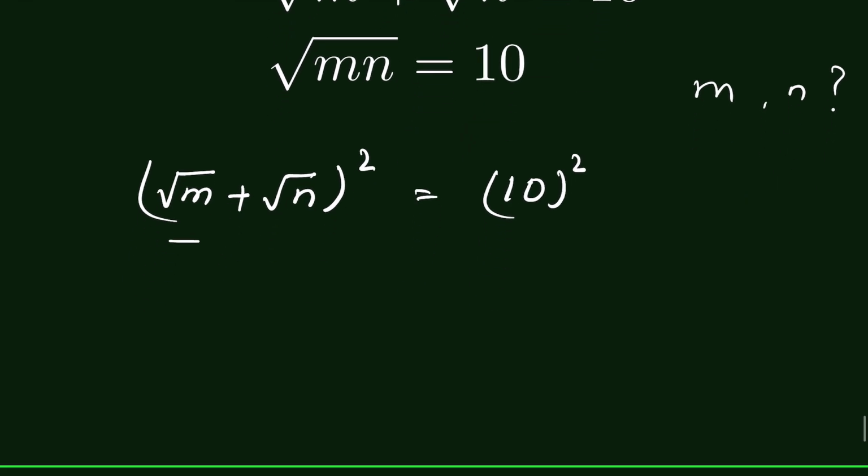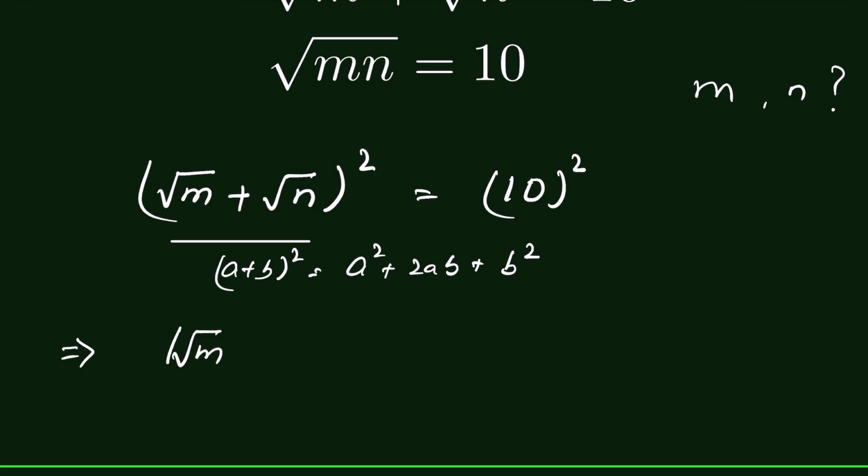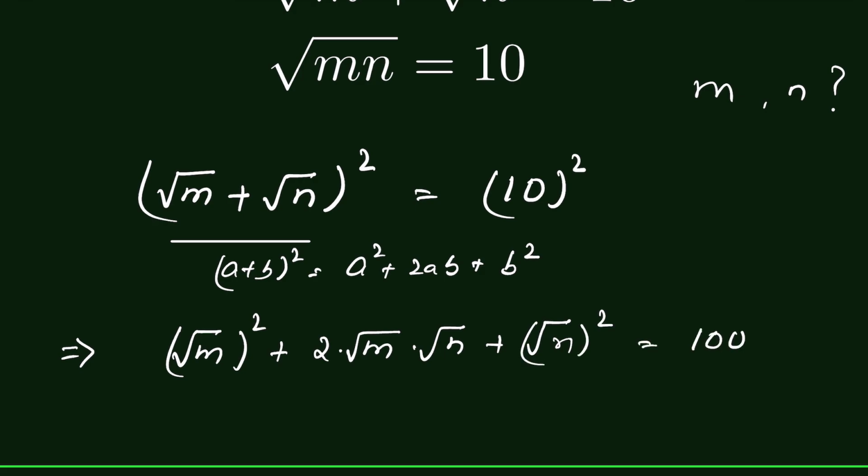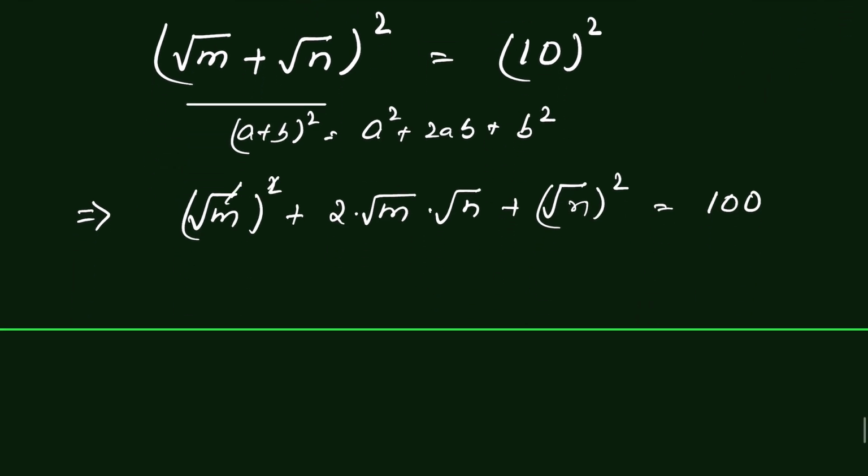Now this is in the form of (a plus b) whole square, and this we can expand as a square plus 2ab plus b square. So this we can write as square root of m square plus 2 times square root of m times square root of n plus square root of n square is equal to 100. Now we can remove the square root with the square, so it is m plus 2 times